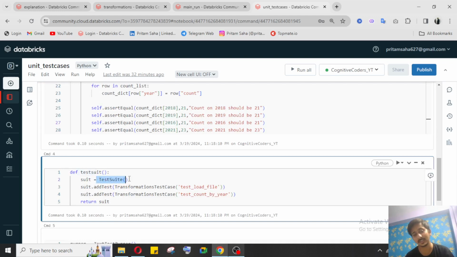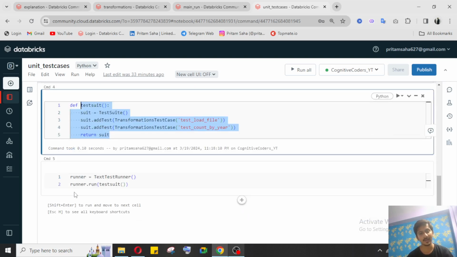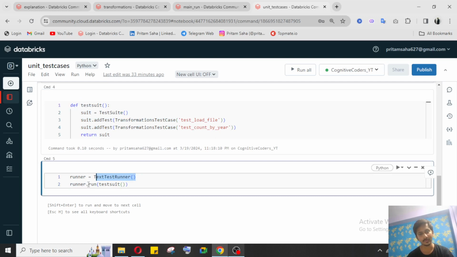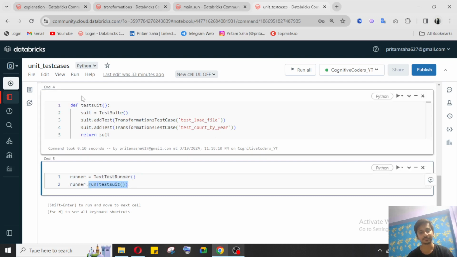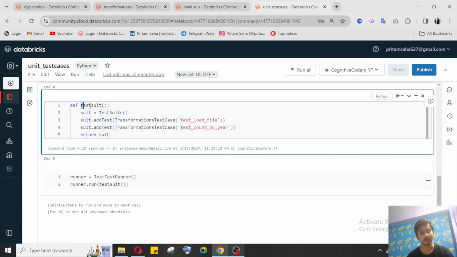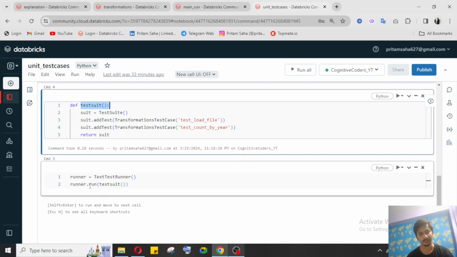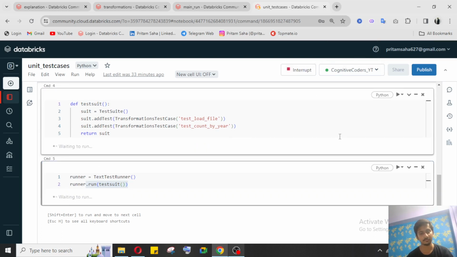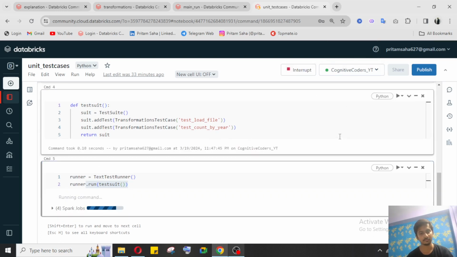When we create the empty test suite, we add our test cases in the suite and return it. After that, using the test runner function, we call this function for running it. So if I run it,